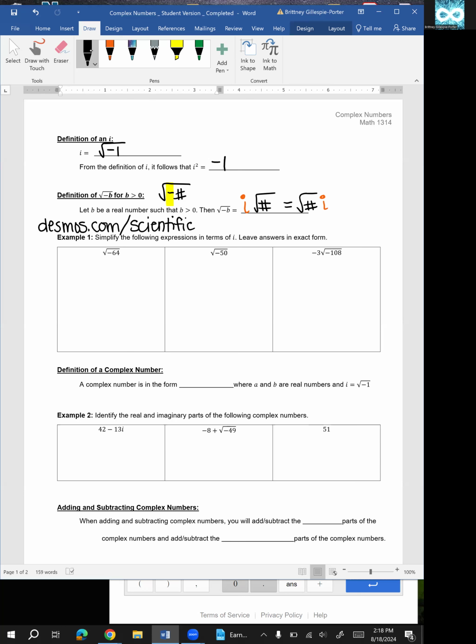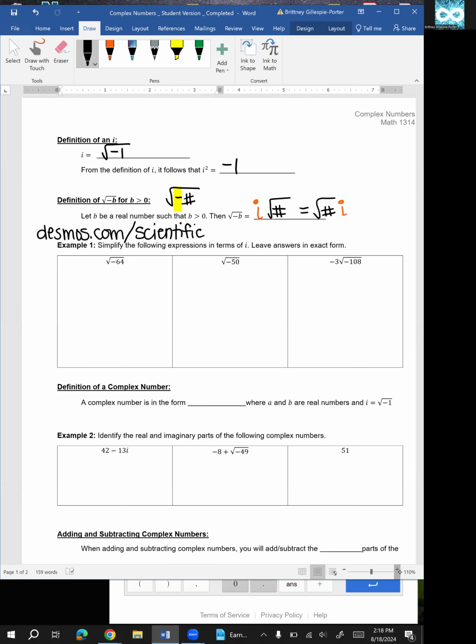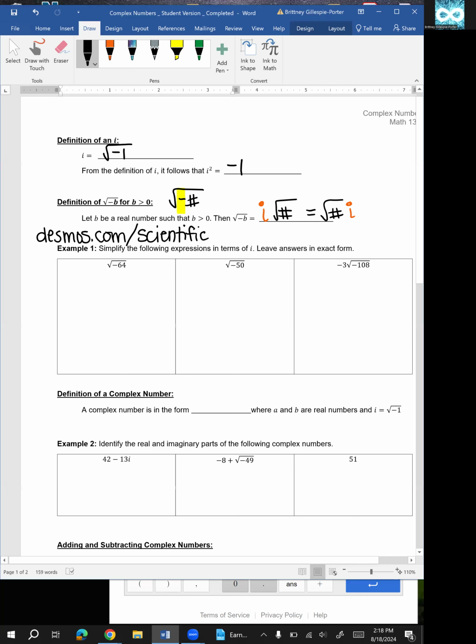Okay, so example number 1, we need to simplify the following expressions. And it says in terms of i, because notice these all have a negative under the square root. So if we're looking at the first one, we have a -64. Since we have that negative under the radical, we're going to take out an i, which means we have i square root of 64. If you know what the square root of 64 is off the top of your head,